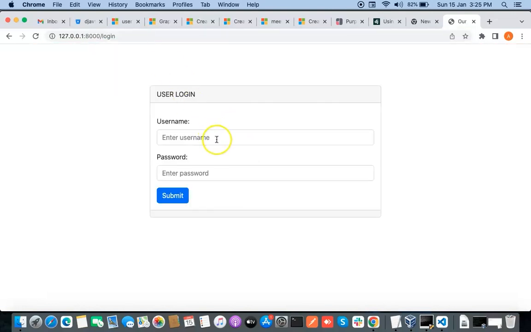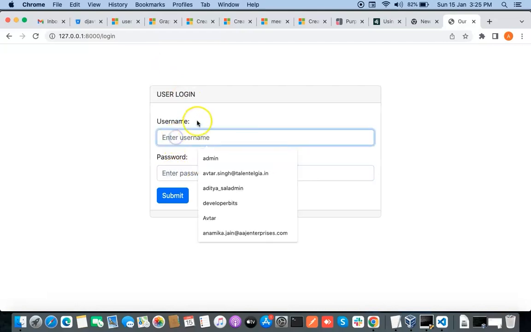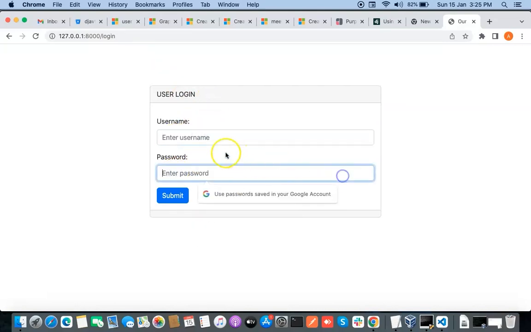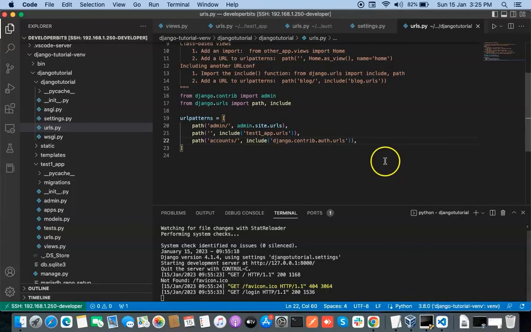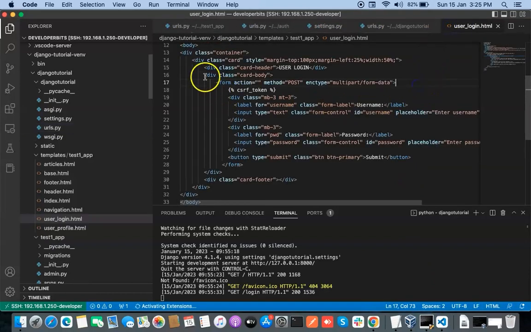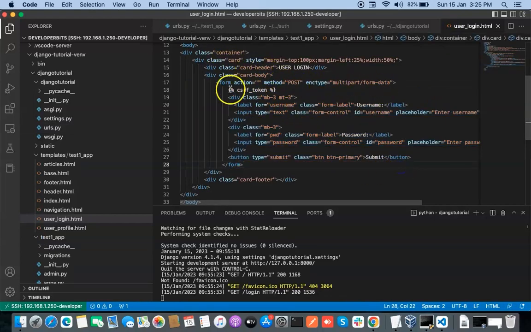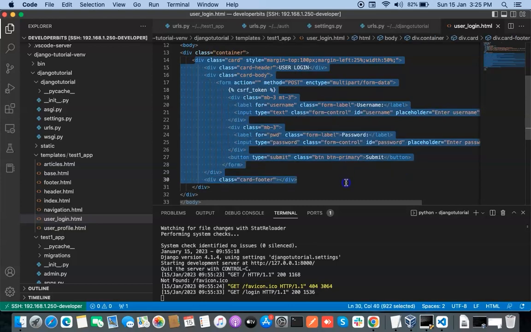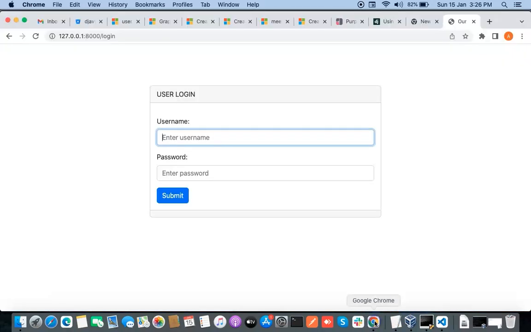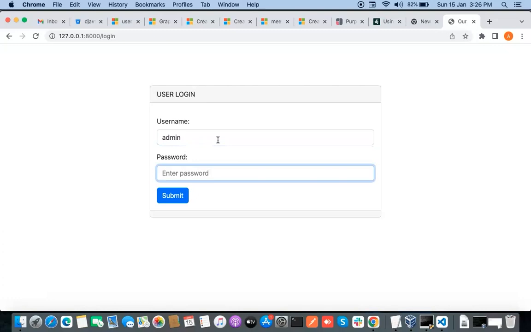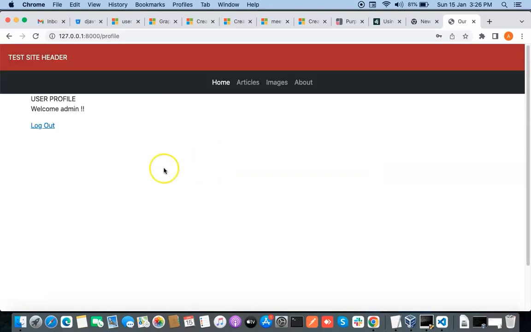and just log in, and you can see that we have greatly improved the login interface by using Bootstrap. In our previous video I used some very ordinary HTML, and by using Bootstrap I have greatly improved the look of our login page. So we can enter a username here; admin is the default user. It is a superuser which we already created, and you can log in here,